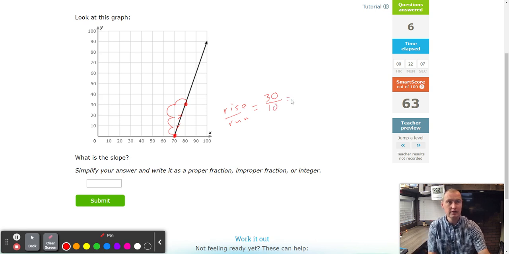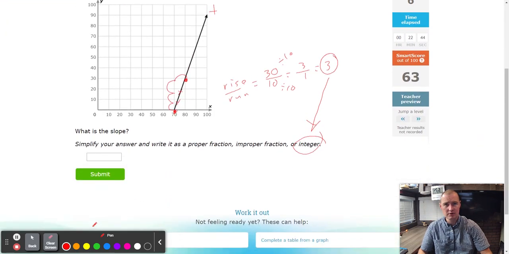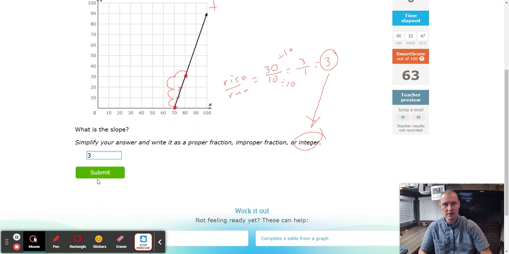And notice you can simplify 30 over 10 by 10. So divide 10. Divide 10 equals 30 divided 10 is 3. 10 divided 10 is 1. Notice we have an improper fraction, so sometimes it might turn into a whole number. And 3 divide 1 is 3. Because we're going up to the right, it's positive. 3 is already positive, so I'm just going to use an integer. An integer means a whole number, and just put in 3. That's our slope. It's as simple as it goes. 3 is very simple. So putting a 3 there